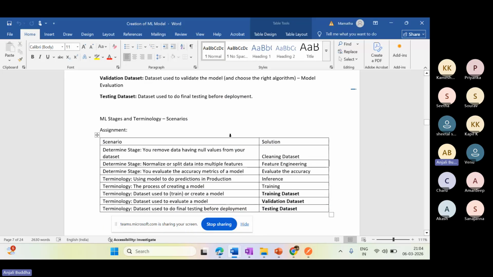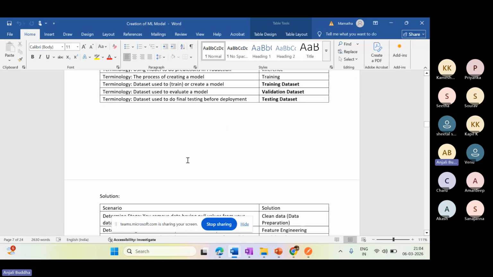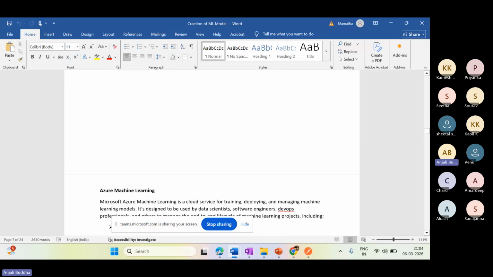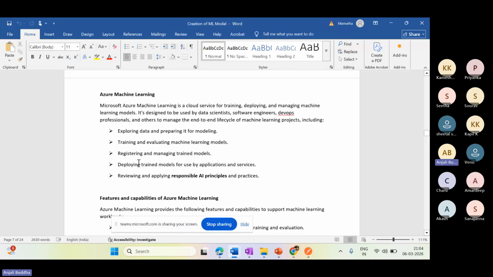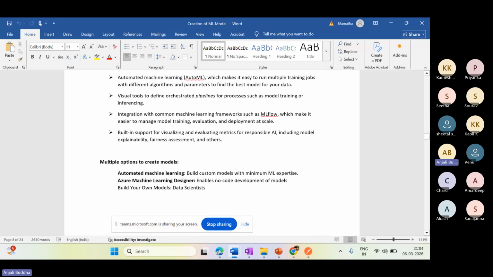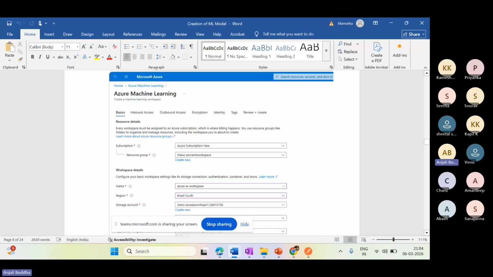I'll explain this and give you an assignment so you will be clearer, rather than me going randomly, because we have not spoken much about the data labels and all. So let me go in order. This is an explanation that I had provided: how machine learning works, why we have to use it, what the advantages are. I explained each component, so you can go through this.